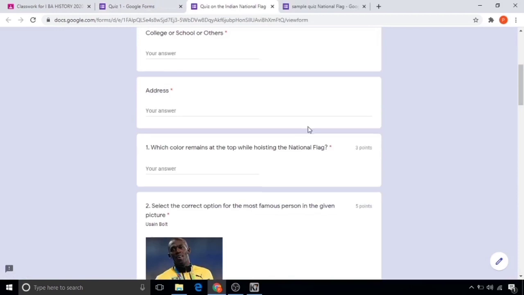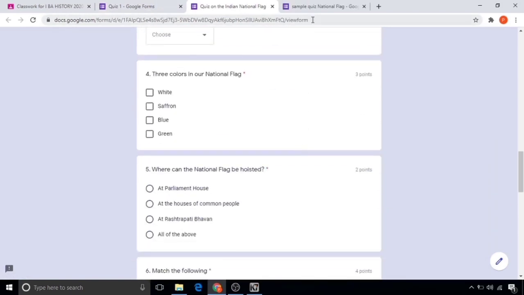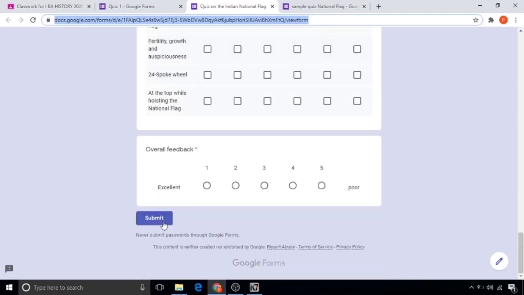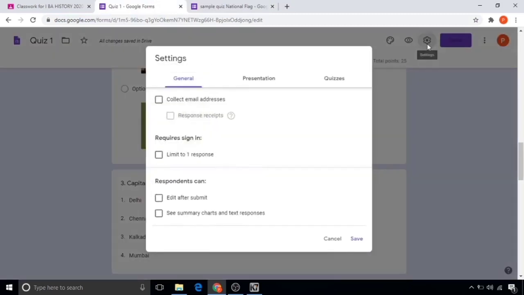This preview gives you a feel for what users are going to see, but there is one careful note here. It's a live link to your form. It shows you how it is going to behave, but if you hit submit, it may skew your data, so don't click submit. So far I am going to close this preview. Now our form is completely ready to post. Before going to post, let's learn a few more things in settings.